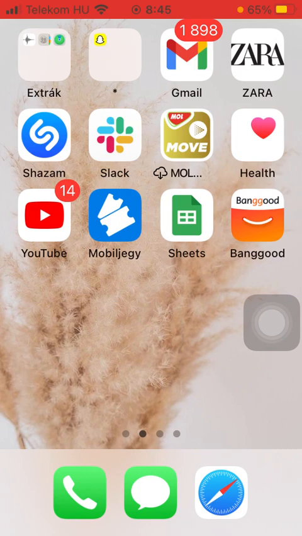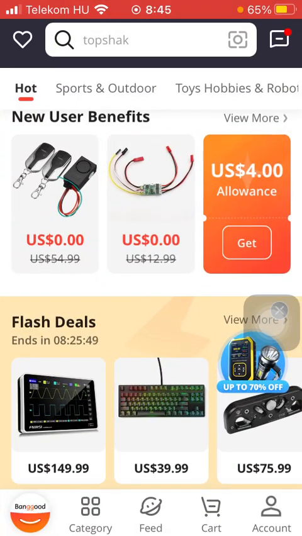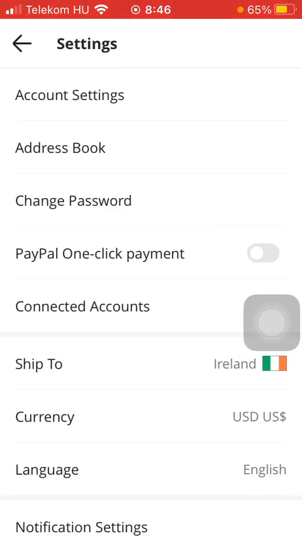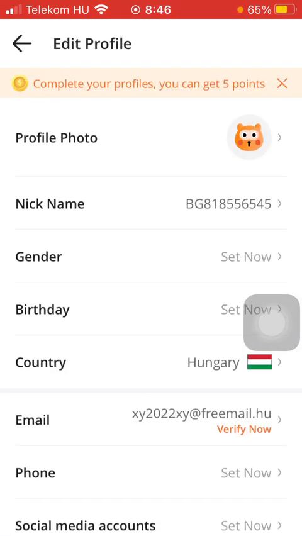Now let's jump into it. First of all, open the application, and after that you should tap on this account button down below, which is in the right side corner of the screen. Tap on the profile picture and tap on the settings button on the right side of the screen at the top, and then click on account settings at the top of the screen and tap on profile photo, which is